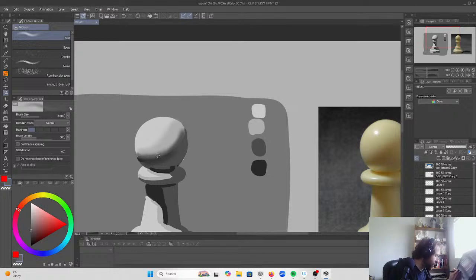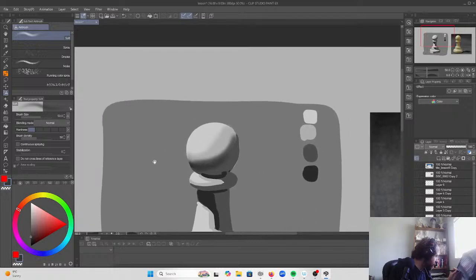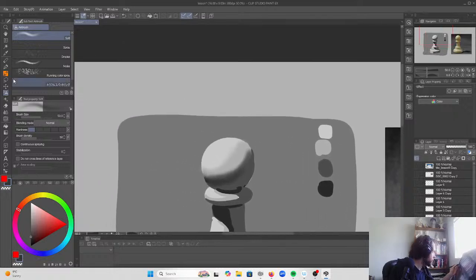How would you do this process with ballpoint pen? Good question. So with ballpoint pen, I'd have to be more intentional of where I put my values because I can't push and pull them as much as I can here. If I was doing this with ballpoint pen, so I have